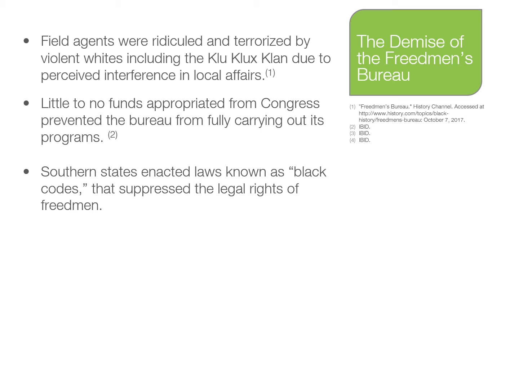What are they? Well, black codes are a series of laws and provisions that were established to systematically suppress the rights of newly freed people by compelling them to work in labor economies that were purely based on debt. They also were meant to discourage protests and revolts, control migration and labor. Any violations of these codes could result in you getting arrested for minor infractions, which of course then led to the convict lease system. And some of these laws prohibited just basic constitutional rights, such as the right to assembly, the right to bear arms, the right to exercise free speech, and the right to testify against white people in